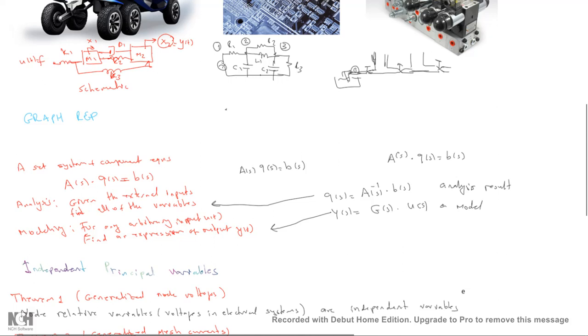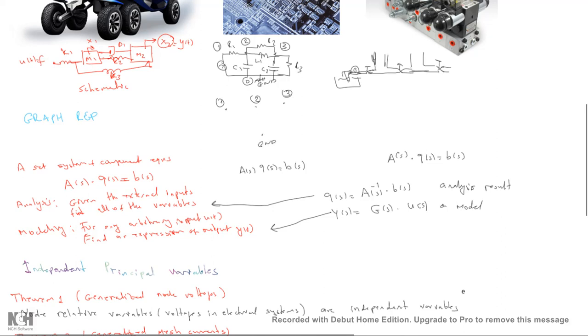variables, we need to have a reference. Everything will make sense relative to a reference. If I make this node, let's call it 0, or my ground, I'm going to find out all the node voltages with respect to this node, the potential at this node, which I call ground or node 0. Therefore, I have node 1, node 2, and node 3 here with respect to